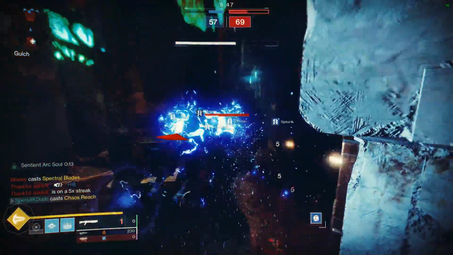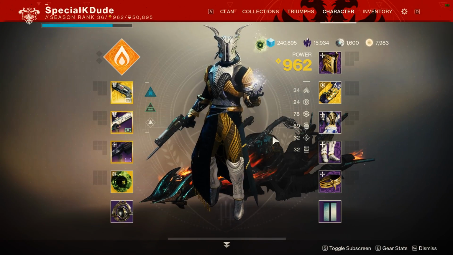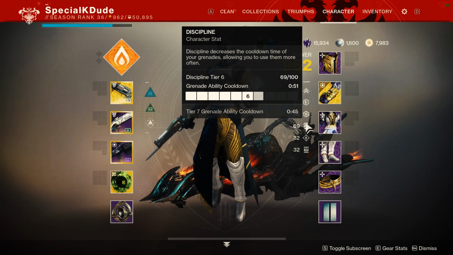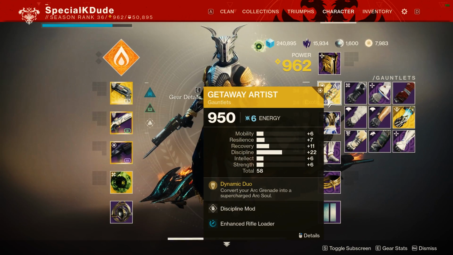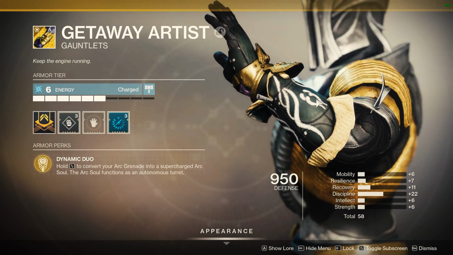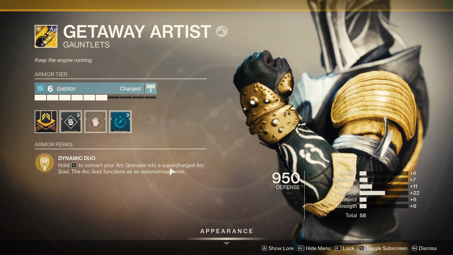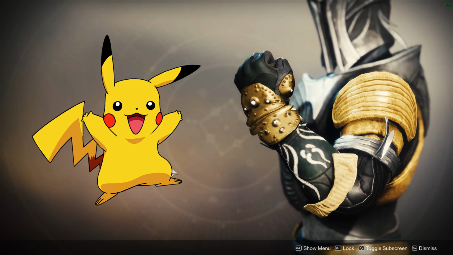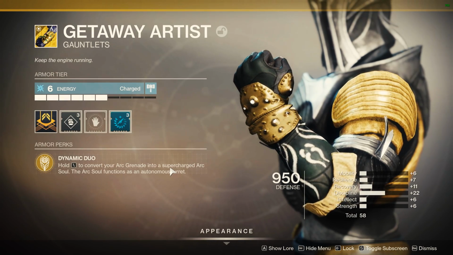And now what I'm going to talk about is how I build my Stormcaller to be as effective as possible. So the way that I like to set up my Stormcaller is I like to put on as much discipline and recovery as possible. The discipline is there because I want to have my grenade up as often as possible, and the reason for that is because I like to use the Getaway Artist exotic gauntlets. What these exotic gauntlets do is when I consume my grenade, I get a supercharged Arc Soul, which I like to call Pikachu. So when I go into my 1v1 engagements, I've got that Arc Buddy constantly helping me out